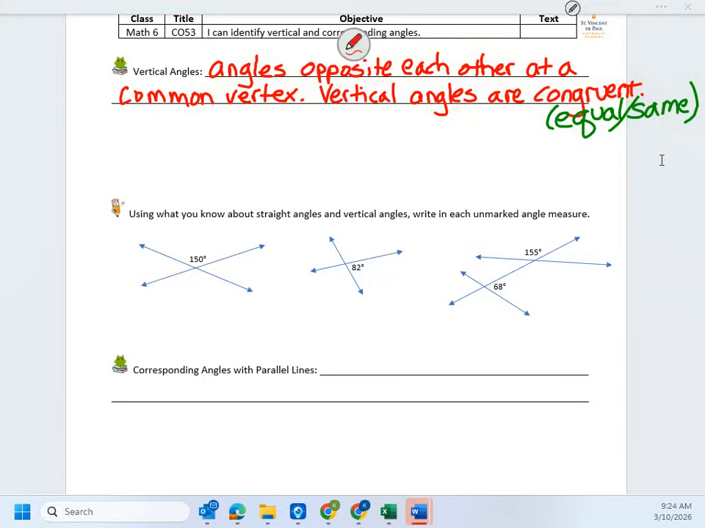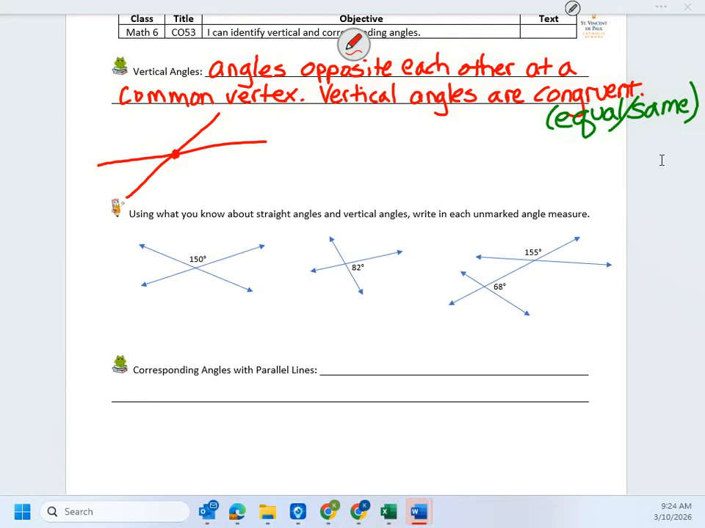Who remembers what a vertex is? We learned that way back in the first objective, Shantria. Yeah, the two sides of the angle meet at the vertex, the point. So vertical angles share that vertex, right? So they share that point. So if we have a shared vertex,